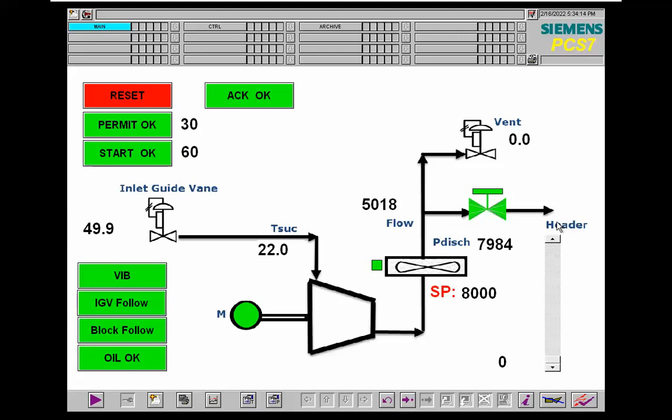If we have some problems in the header, some turbulence in the header, because the header will transfer the compressed gas to a remote area, the turbulence will be transferred here, and the turbulence will damage the blades and mechanical parts. So we need to have